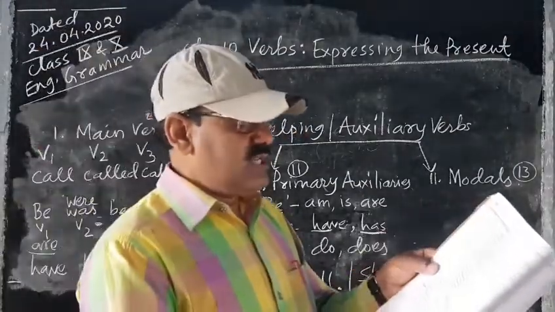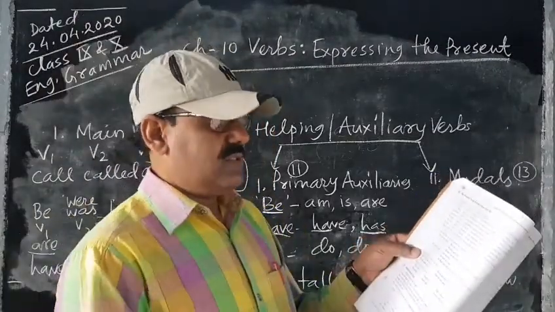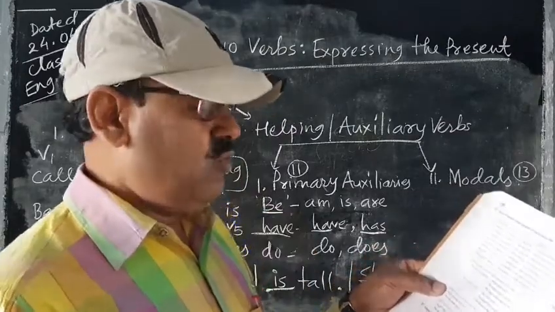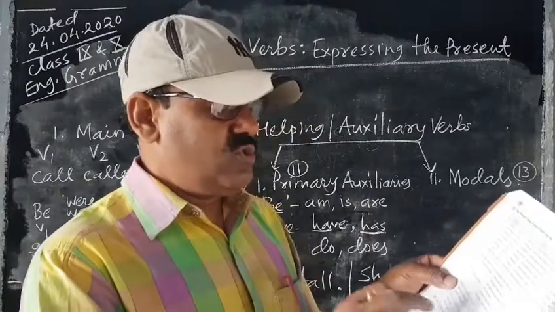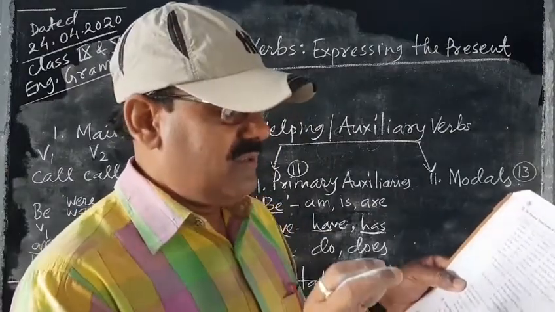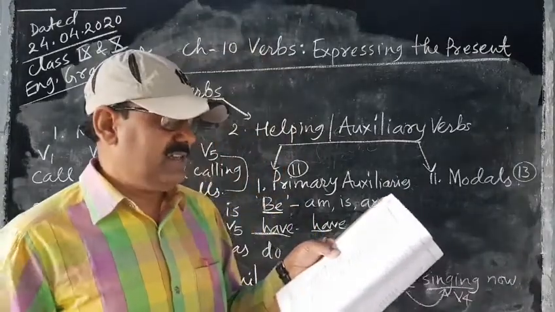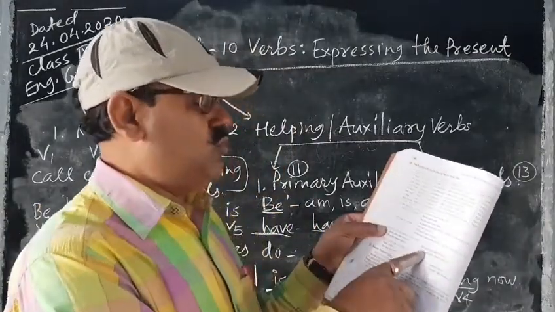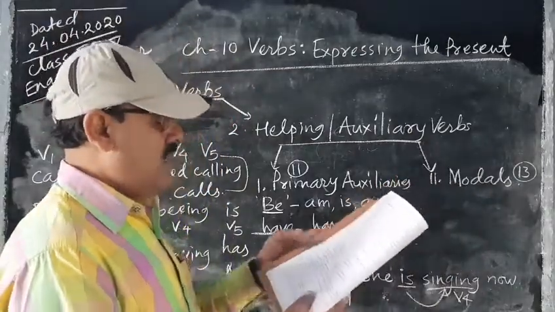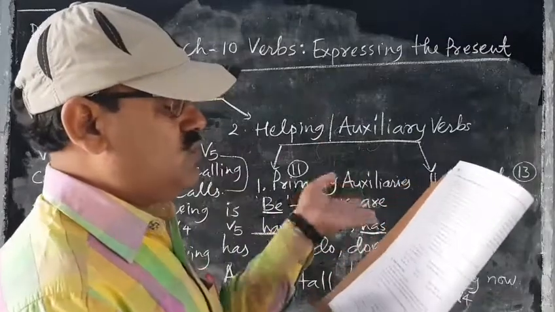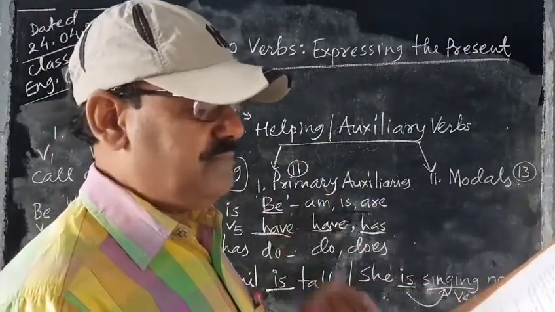Questions can be formed in 2 ways. Have you any books, or do you have any books? Have you any books is not so common. The most common is, do you have any books? So people like to use this sentence in plenty. So I think it will be better for you to use, do you have any books? Does she have some money? These are good sentences. And you can use this one also: have you any books, or has she some money?